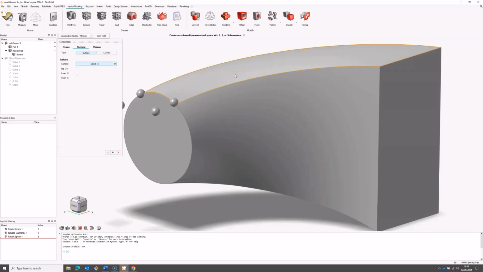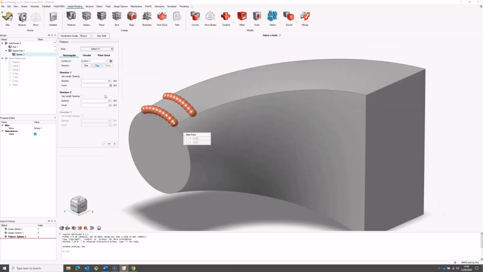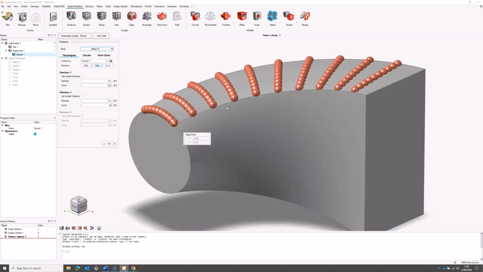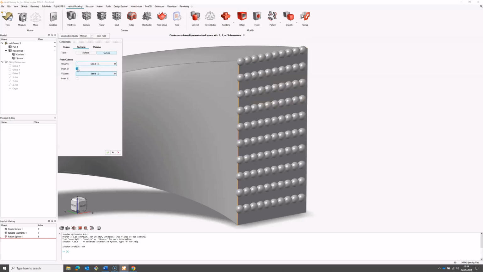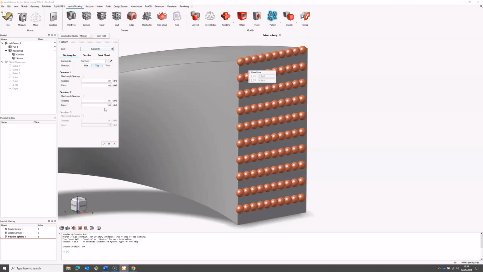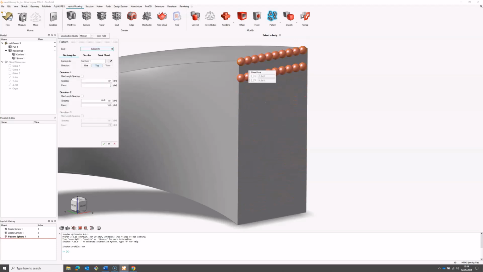There are 2 methods to choose from. The first method is to select a surface to directly use its UV parameters. The second method is to build a virtual surface using 2 curves. Use the U and V curve selectors to pick which curves to use in building the UV parameterization. With either method, you can pattern the selected object along the UV mapped space with a number of copies and